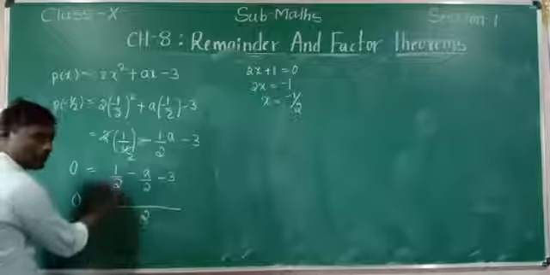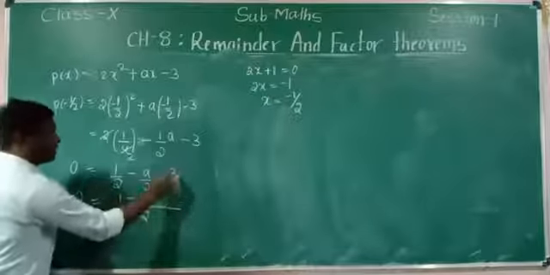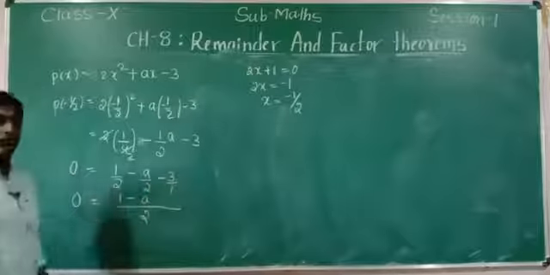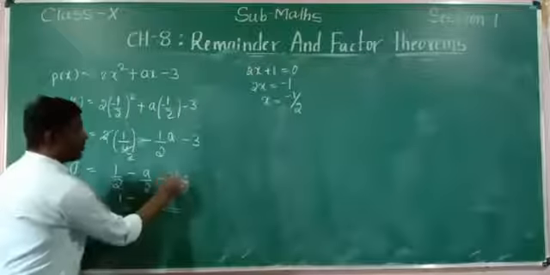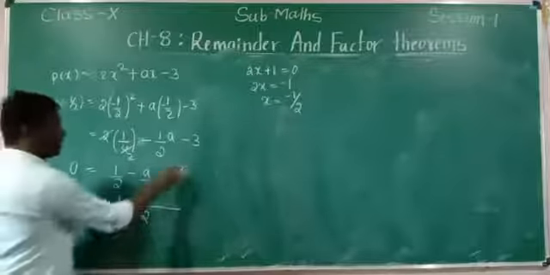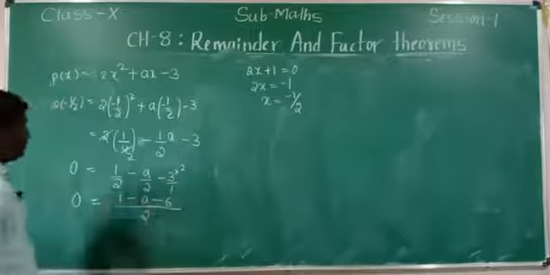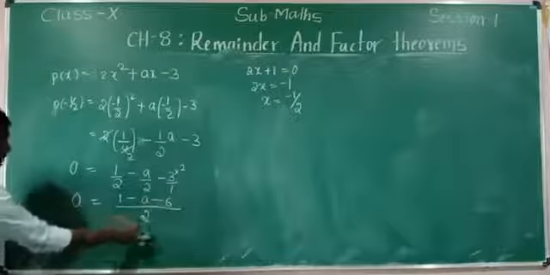2 is already there in the place of denominator, so 1 minus a. What you have to multiply: the denominator of the given value is 1, so 1 is the denominator, which means we need to multiply by 2 here because the LCM is 2, so 3 2s are 6. Now just cross multiply these two.